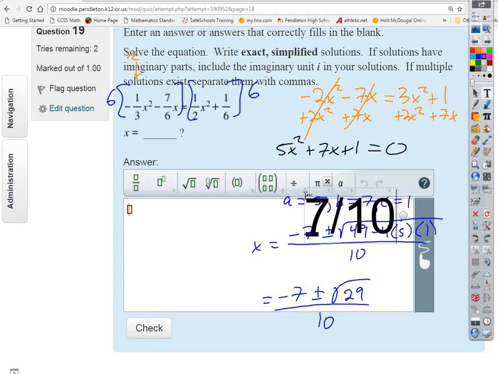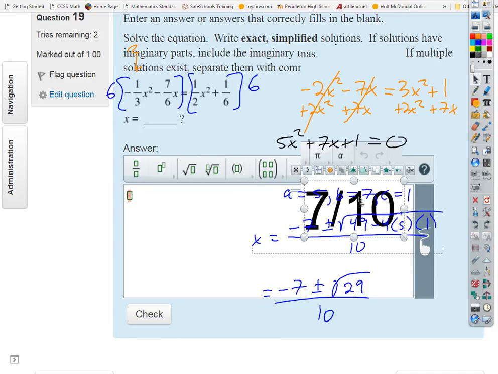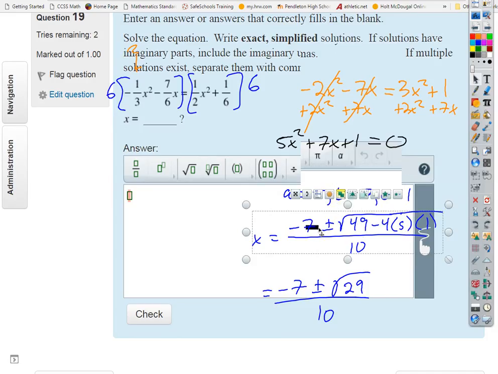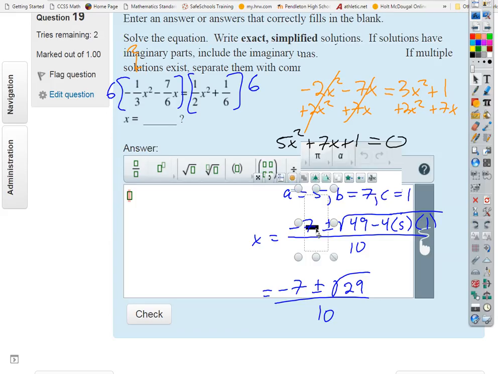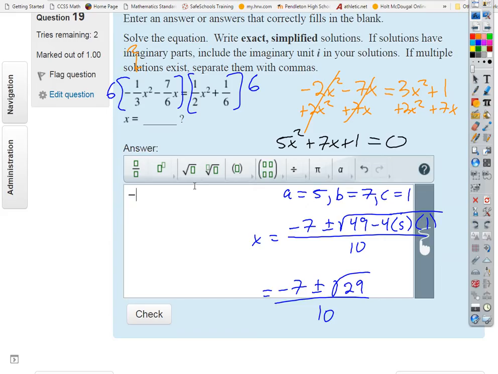Negative 7/10 plus square root 29 over 10, and same thing with a minus sign. Okay,